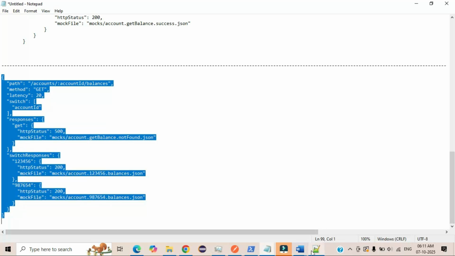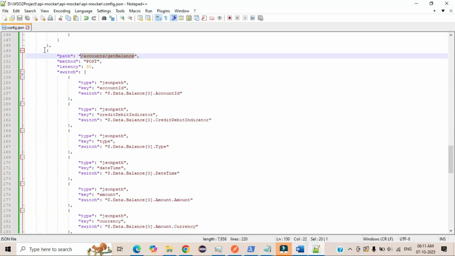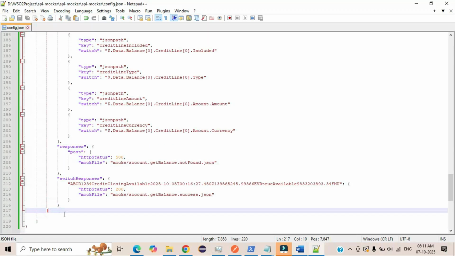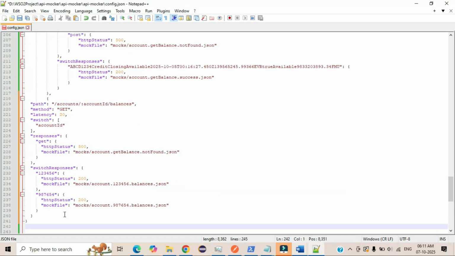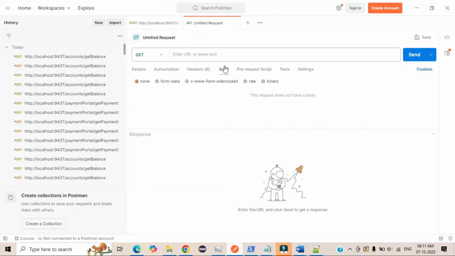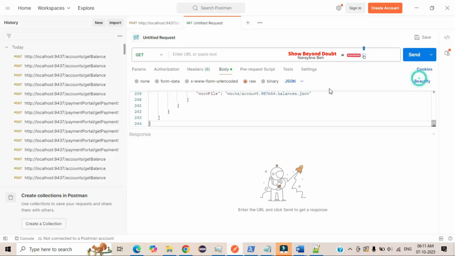Let me go through my configuration JSON. So it's starting here. Let me go through where it ends. So it ends here. Okay. Let me give one more comma and add that configuration. Now let me copy all. So beautify. So it's making it indented. So easily you can understand where it is breaking and which file is ending where.